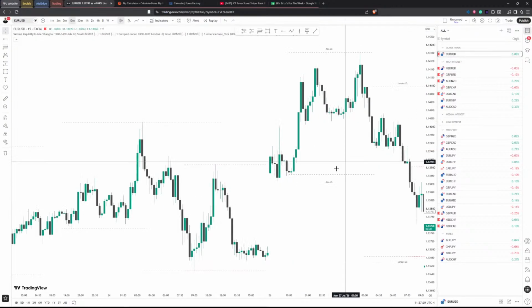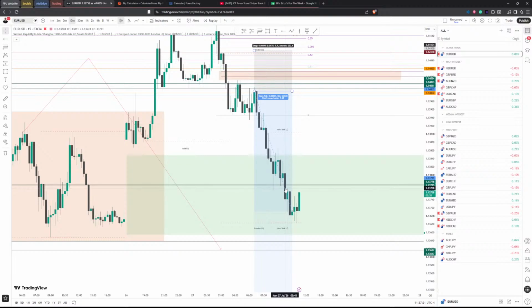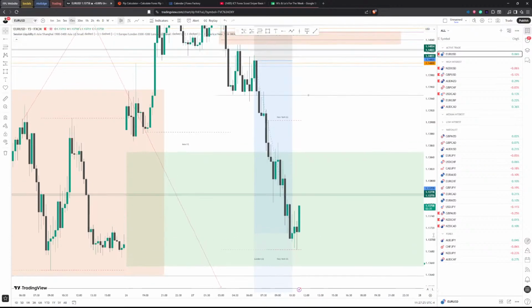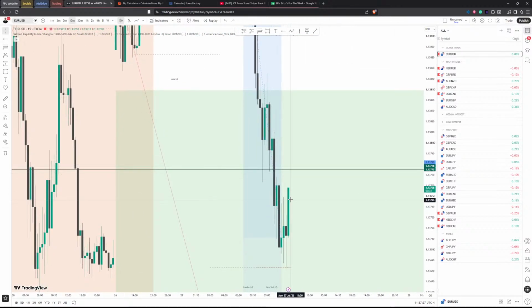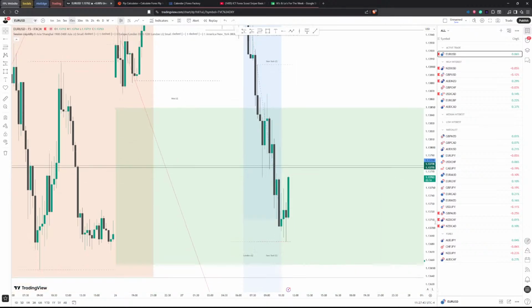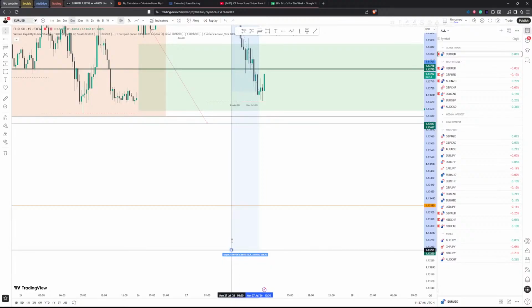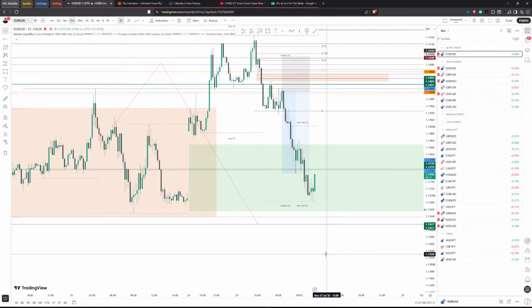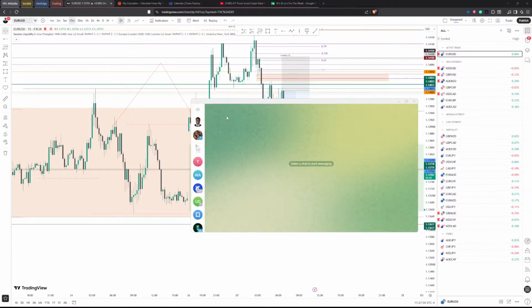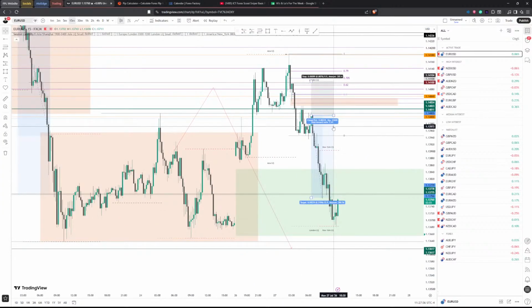For any updates of this trade, see Telegram. I've set a stop loss above this bullish candlestick. There is a fair value gap here, so it's possible that price comes up above it. But yeah, we're probably going to just close the trade right now and then secure profits. And yeah, I just closed it manually just because, well, might as well. And that ends streaming day today. And then we'll look for some re-entries. And if there's anything I see, I'll post it on the Telegram. So let me just tell Telegram I've closed the trade.